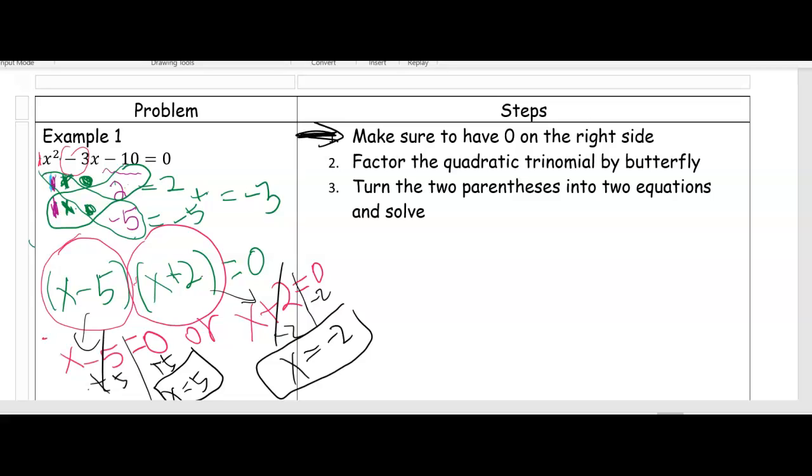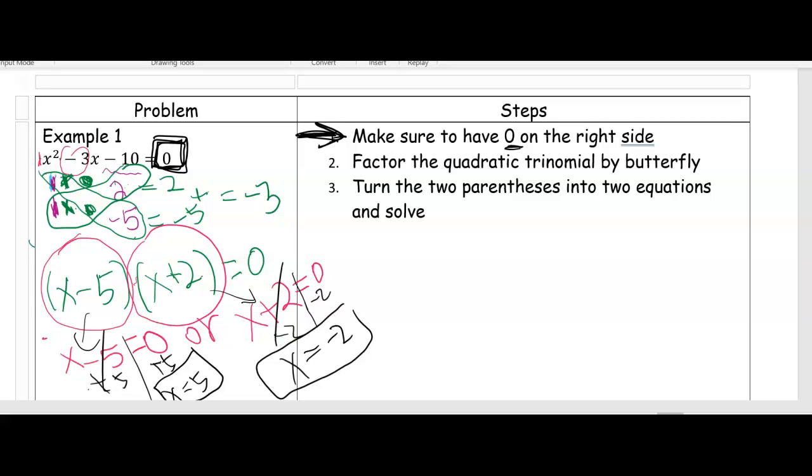The first step is to make sure to have a 0 on the right side. Okay? So on the right side is always a 0. If you don't have it, turn it into a 0 first, then butterfly it, factor it. We're going to see the example later. And one more thing,